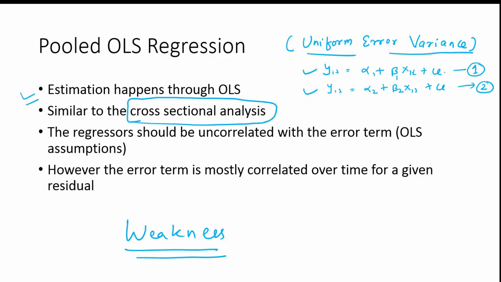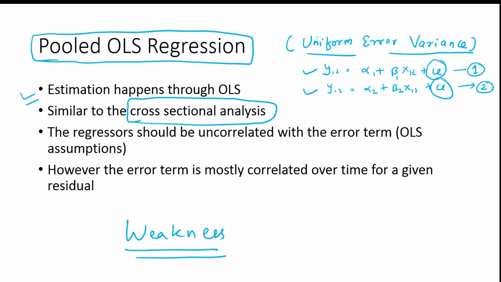So the only thing that is uniform in these two groups is the variance of the error. So the error variance is constant. That is what is assumed. So the only thing you need to remember here is that the error variance is uniform across different cross sections. That is one assumption in pooled OLS regression, and we'll use this